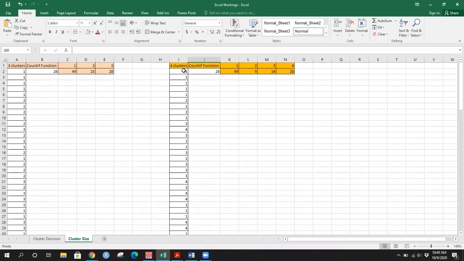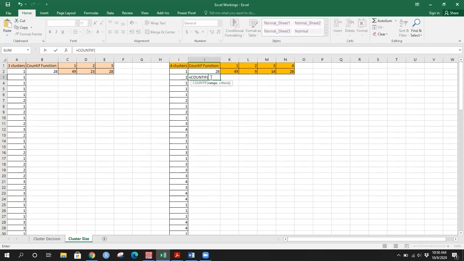Okay. Now, next what we have to do is that we will check for sample representativeness, because recall, your each cluster must have at least 10% of the data. So 10% here being 10% of 100, that is 10 cases. So I'm going to look whether each of my clusters, that is cluster 1, 2, 3, and 4, has 10 observations in it or not. Now to do that, I'm going to use the COUNTIF function. It's very helpful. So to do that, you just write equal to COUNTIF,